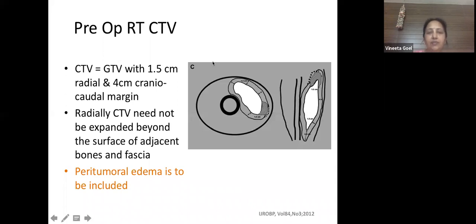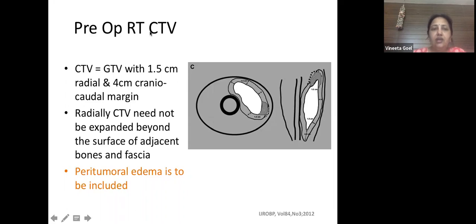This is another very interesting paper by Brian O'Sullivan. It came out in the Red Journal in 2012. It is a worthwhile paper, especially for anyone who wants to practice conformal radiation therapy. Even if you don't want to practice conformal radiation therapy, please go through this paper. Brian O'Sullivan is the same person who did the randomized NCI Canadian trial of preoperative versus postoperative RT. In this paper, they have given certain recommendations for contouring of CTV,